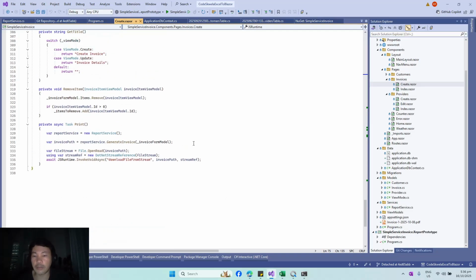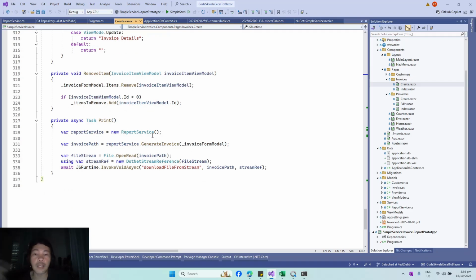So here is the actual code for when you click the print button. You instantiate your report service, you generate your invoice. Since the generated invoice is in a PDF form that will be stored inside the application, all you just need to have is return the path to that PDF file. And then for that to get downloaded on the client side, you'll have to do some extra steps. First one would be to send data back to the client side in the form of a download. Then you will need to set up this